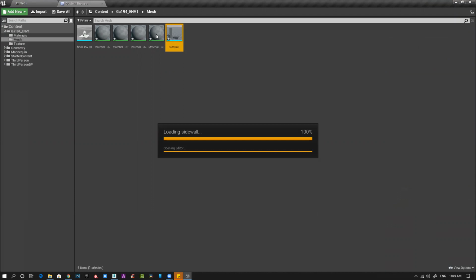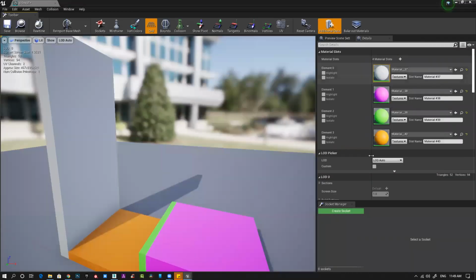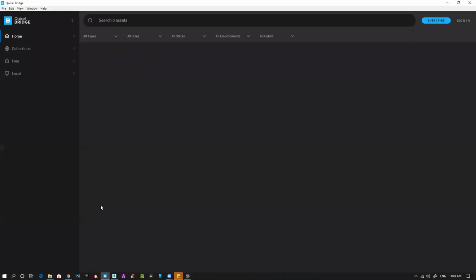I'm not going to texture it manually, traditionally in Substance. I'm going to use this bridge. What happened? Why is it taking too much time? It opened and is showing you all these colors because I have applied all these colors, so no need to worry about that.